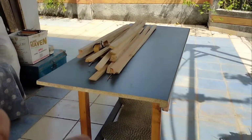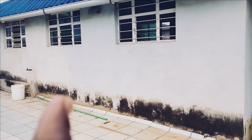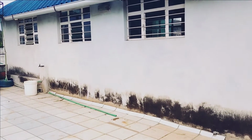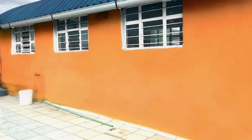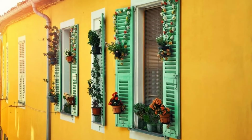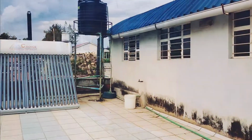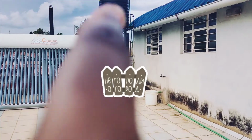And now I have a nice clear workstation. So over to this side, I'm going to do the same thing that I did on the other side, which is paint it yellow or peach. The jury is still out on that. I'm going to do the shutters on the windows. There are 6 in total, guys, I counted. And then I'm just going to pan you over. In that section, I'm going to barricade that area around the tank,